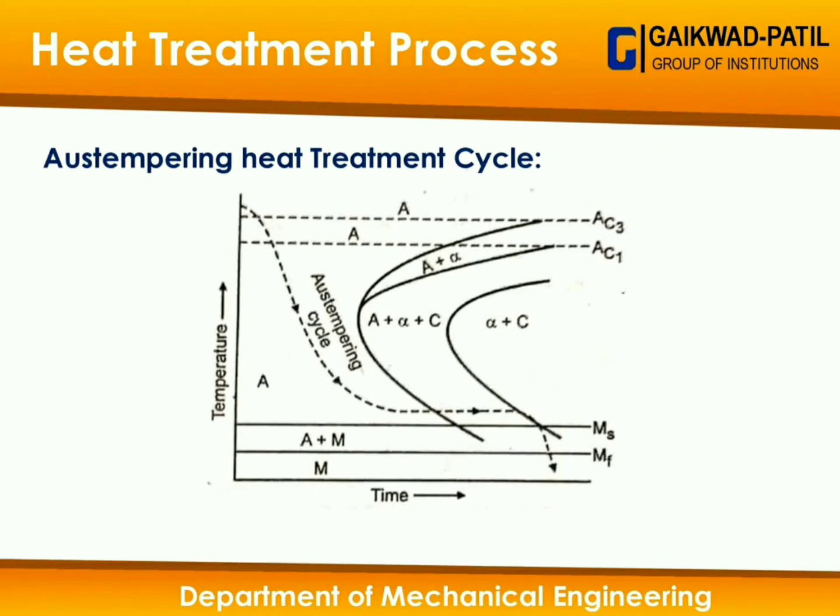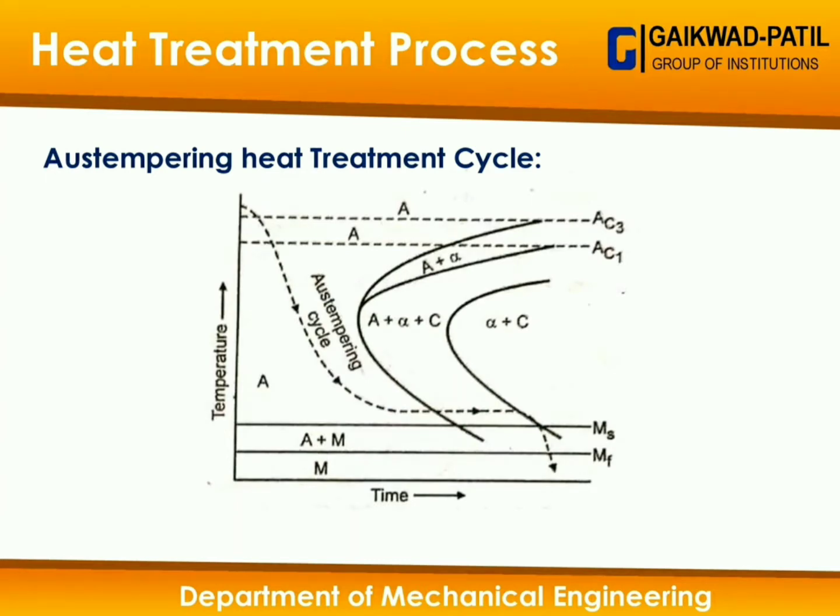After martempering heat treatment cycle, there is an austempering heat treatment cycle. It is another case, where the gamma austenite sample is allowed to be cooled down fast, but above 200 degrees centigrade temperature, that gamma austenite sample is allowed to be cooled down in isothermal conditions for 1 to 2 hours. Then we will get a bainite type of crystal, which is less hard than martensite, right?